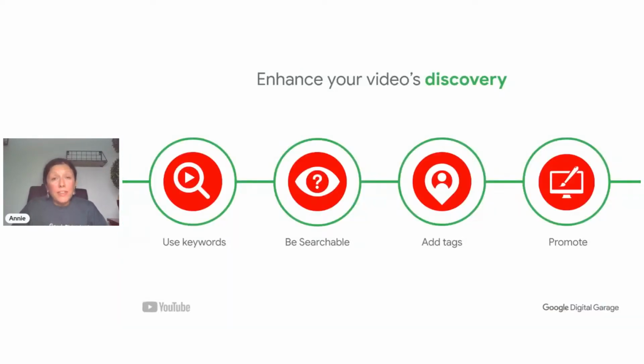So let's begin with enhancing our video's discovery. Once you upload that video, you're wanting to know exactly where it's going and how it's doing. So in order for it to be best found, we need to make sure it's got those searchable titles in there. We need to have descriptions that are clear about what it is about and the tags as well, so that we can make it easier for people to find what we're doing. Otherwise, they won't know where to go.